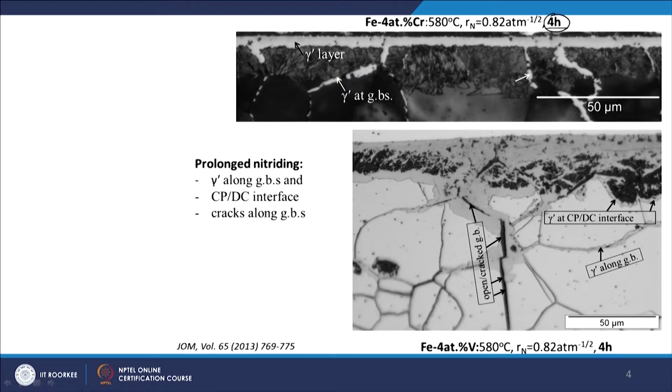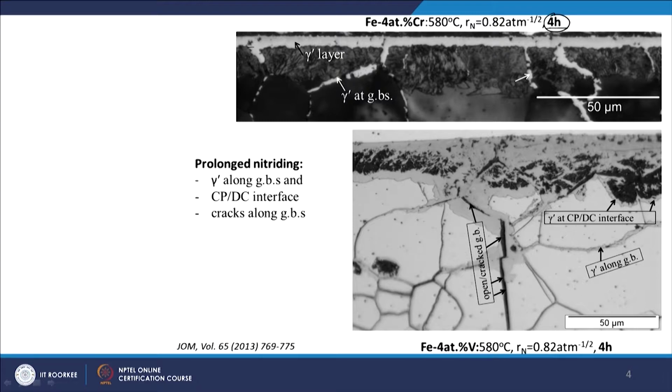You see that now of course you have a layer on the surface, this gamma prime nitride layer, which appears white, but now you also see some extensions of this layer, like threads, into the sample. This is all gamma prime iron nitride forming at the original grain boundaries of the ferrite matrix. These are all the initial grain boundaries of the ferrite matrix, and there you also see the growth of iron nitrides. So, this is for the iron chromium.